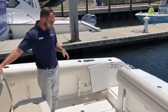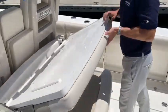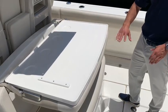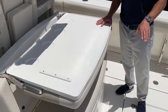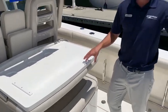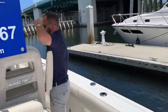Come aboard. You have fish boxes in the floor, and a nice aft-facing seat that flips out into a table and bait prep station. This particular one is also equipped with a nice teak table that's stowed down in the bilge here and would mount there, so you'll have a table in between your opposing seats, which definitely makes it nice for entertaining. And then coming up to the helm,